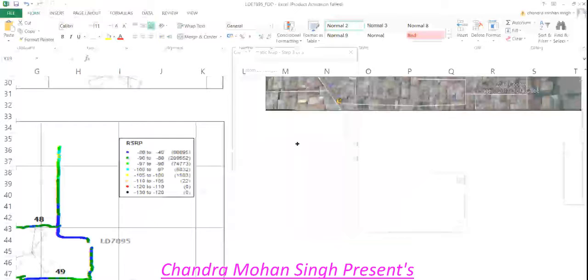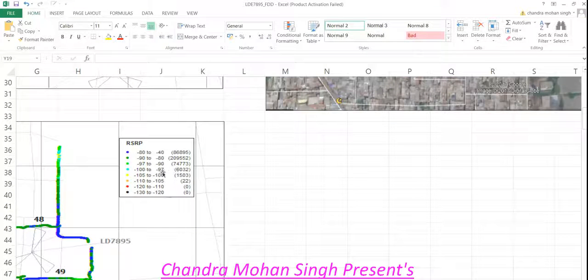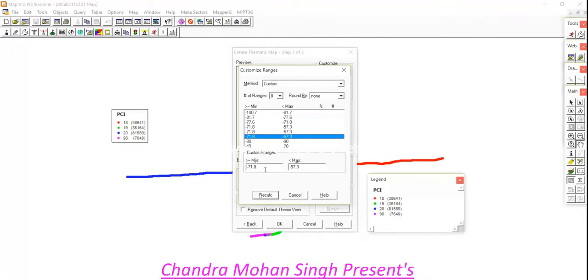Second one is -80 to -90, -80 to -90. Third one is -90 to -97, -90 to -97.